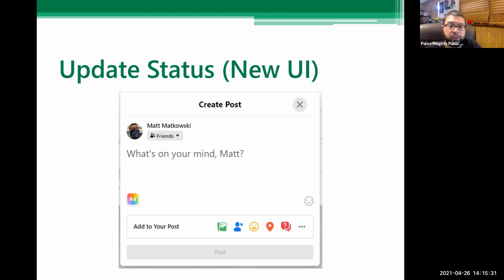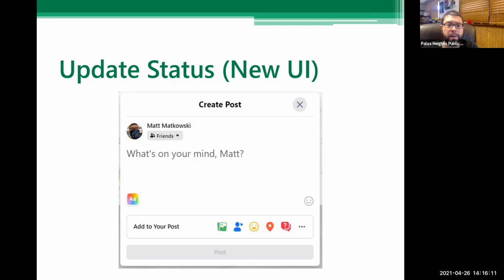You can add to your post along the bottom there. You can see the little green icon that clicking that will open up so you can add some pictures or videos. Next to that, the blue one is for tagging people. So if you want to say, "Hey, dear whoever, your brother, sister, aunt, uncle," you can hit that, start typing in their name, and you can tag them in the post so that they get a notification of it. And when people see it on their news feeds, it'll show like, "Oh, Matt is with so-and-so," or whatever.